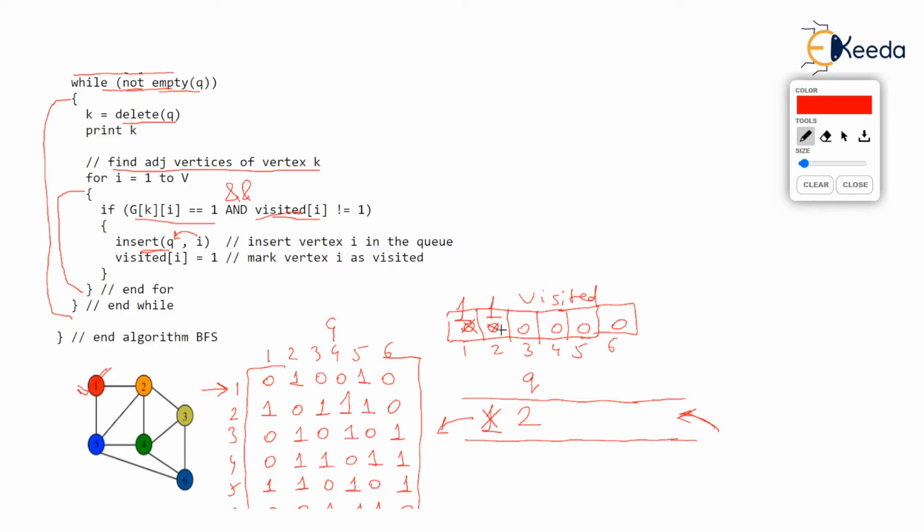All right then. By the way, you always remember what is K. K is 1. And what was I? I was 1, but nothing happened when I is 1, because the 1 comma 1 entry in the matrix is 0. But when I is 2, the 1 comma 2 entry, first row, second column, is definitely 1. And second vertex was not visited. So 2 got inserted in the queue.